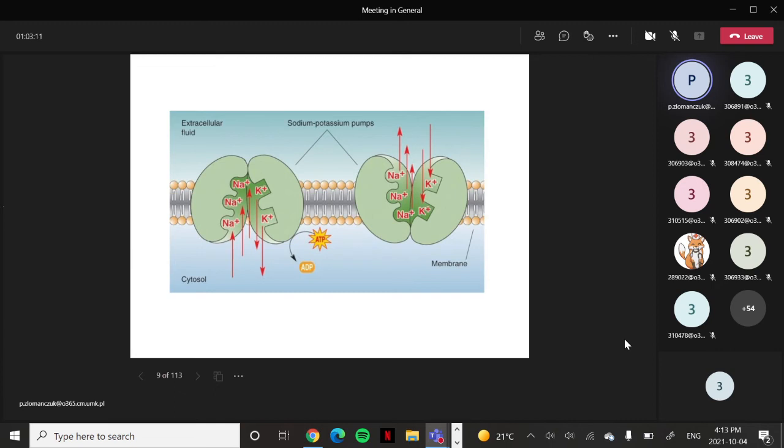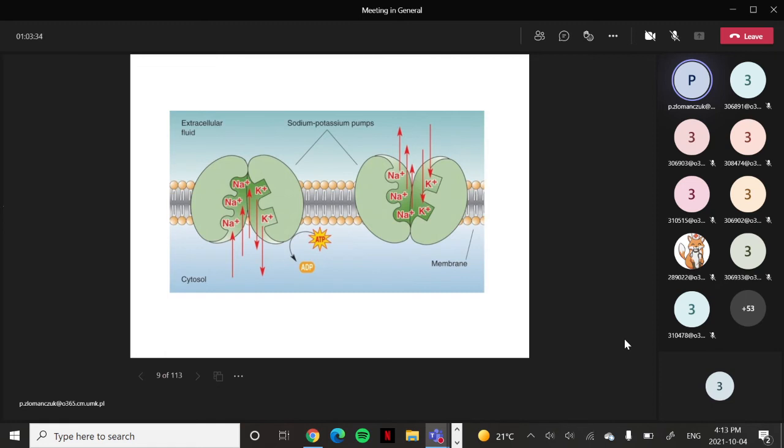As I mentioned, this is sodium and potassium. Because 3 sodium atoms, it's not important in this chemical part that they are ions, the important part is that these sodium atoms are moved out, and 2 potassium ions, or atoms,